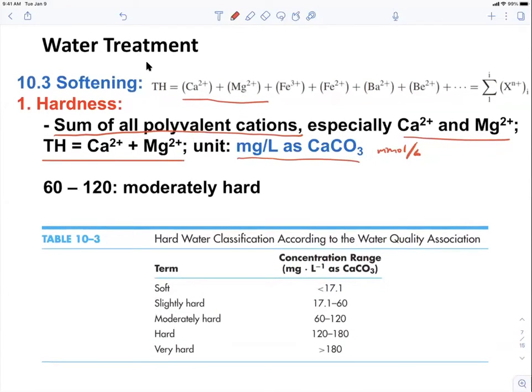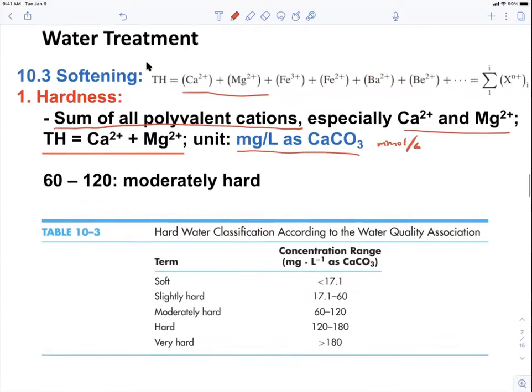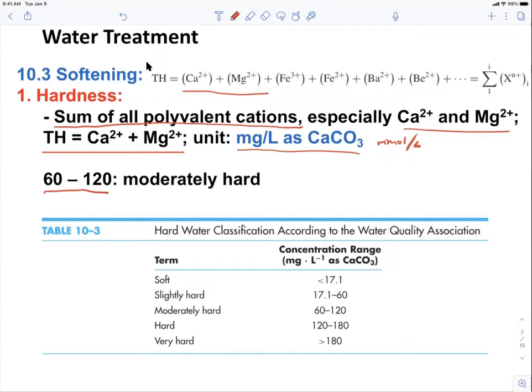People further set up standards of how hard the water is. If the hardness is between 60 to 120 milligram per liter as calcium carbonate, then it's called moderately hard. So if they are in another range here,